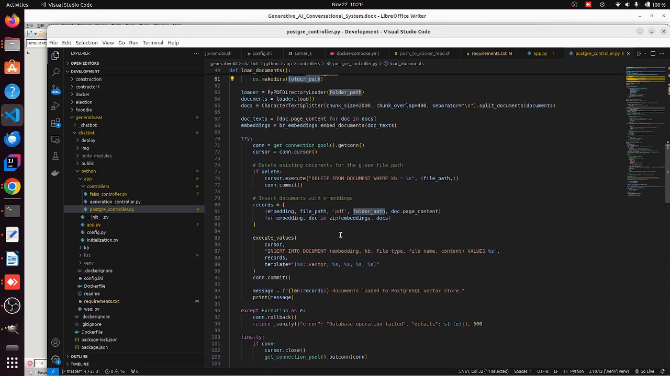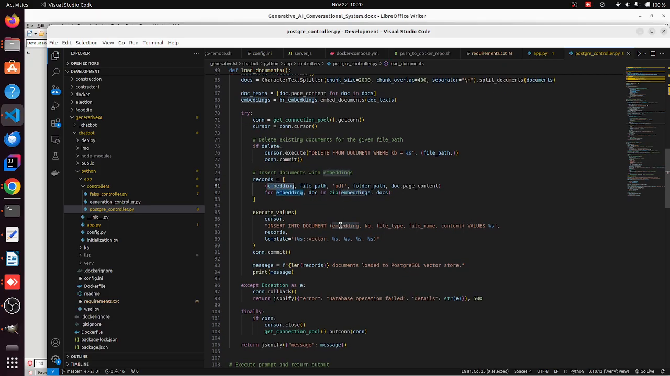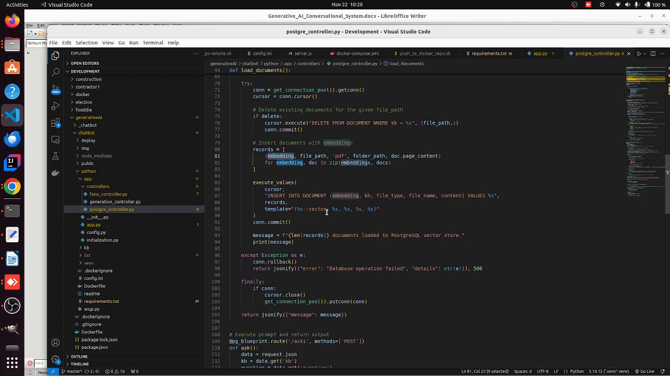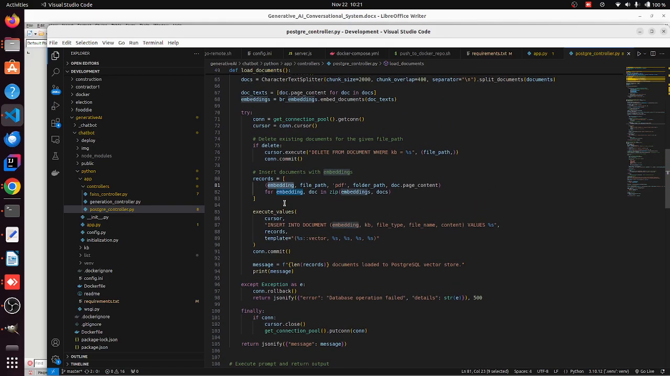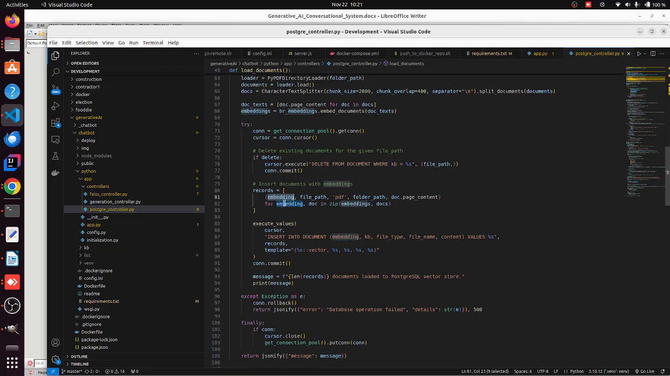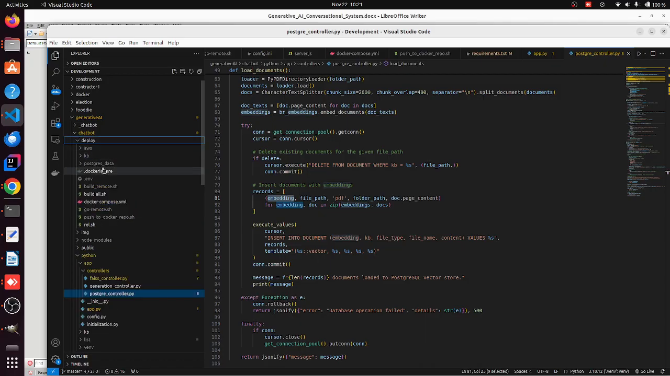And then you can see the embedding. So this embedding is passed to it. So when it is inserted, that vector related embedding that got returned from the Titan model invocation, that will be stored. So this is how the knowledge base is built. So any PDFs that are there will be broken into pages, and then it will be loaded into the document table. So let me show